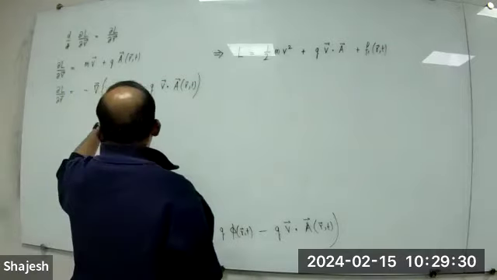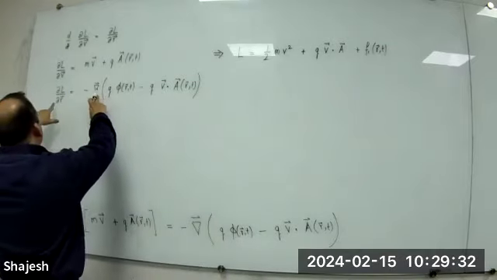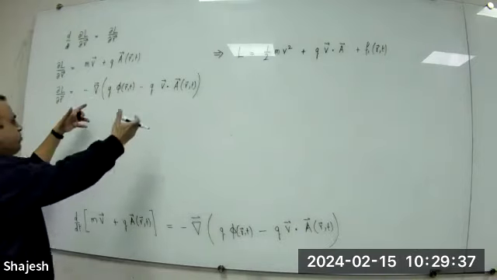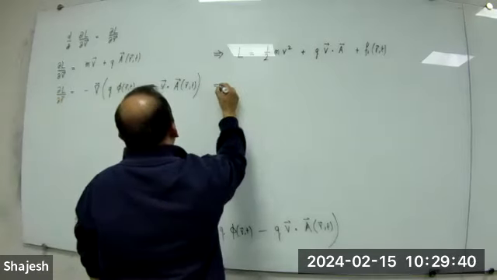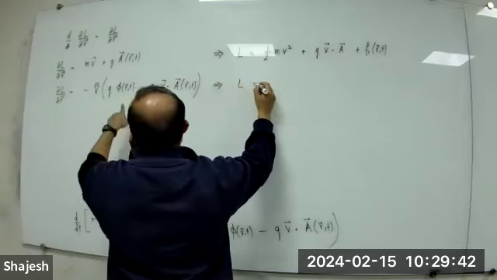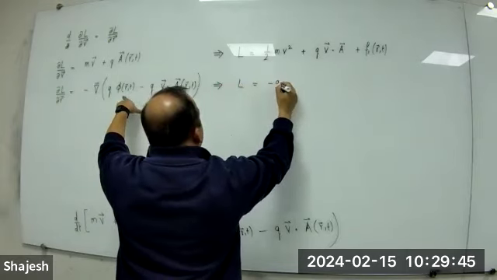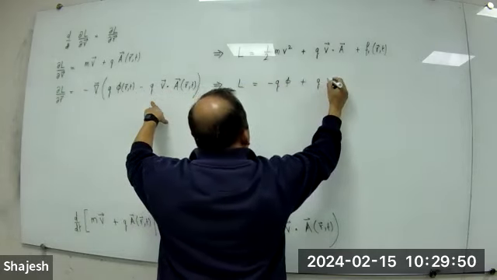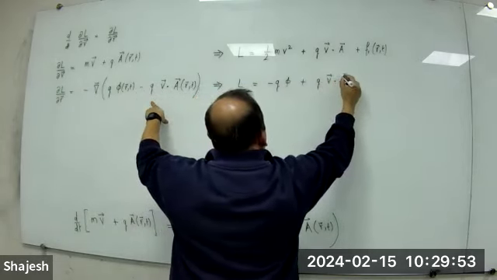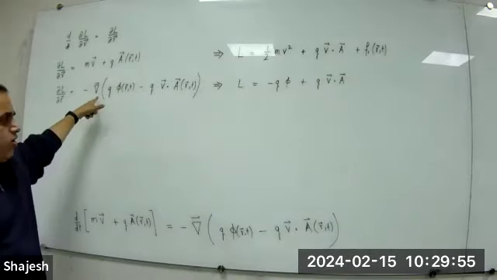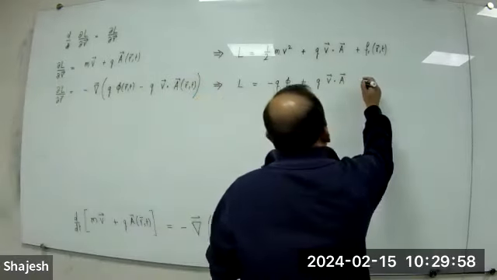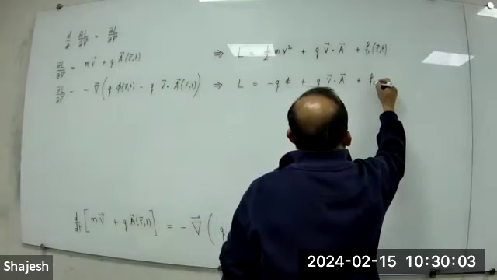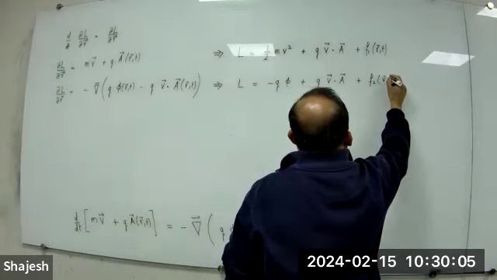Do the same thing in here, but here it is easier because it's already a gradient. So the gradient of the Lagrangian is the gradient of something. So this must be the Lagrangian, right? So this implies that the Lagrangian is equal to minus q times phi plus q times v dotted with A. But this time, since there is a gradient with position involved, I can have anything dependent on v. It has to be independent of the position. So it is velocity and time.